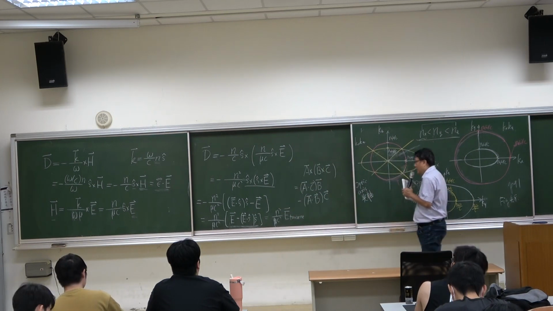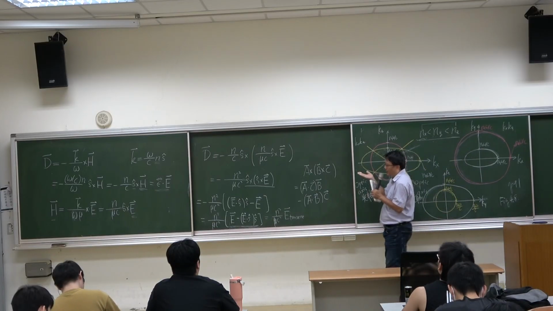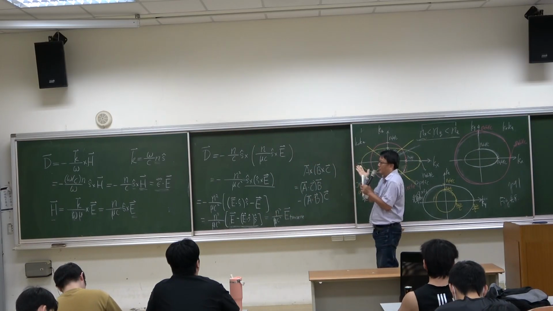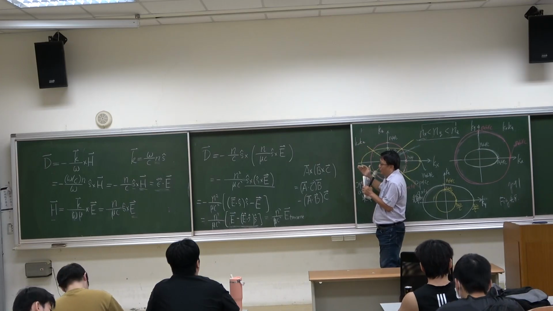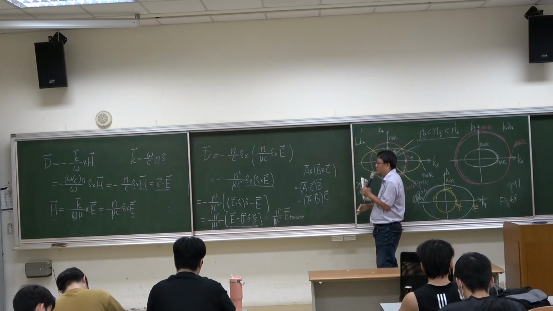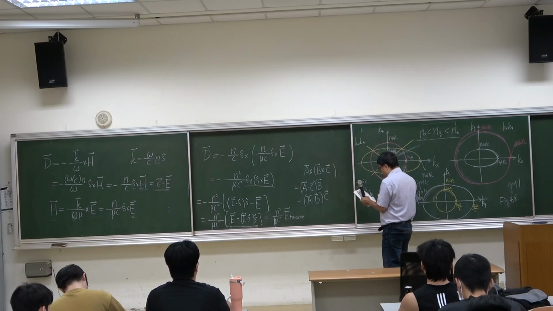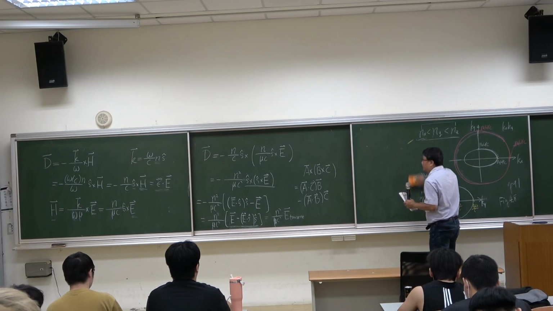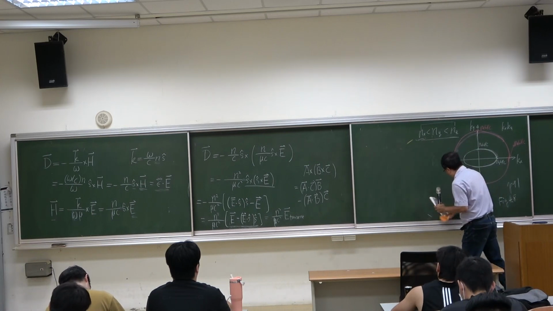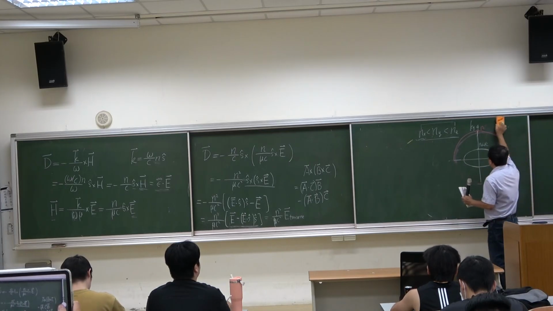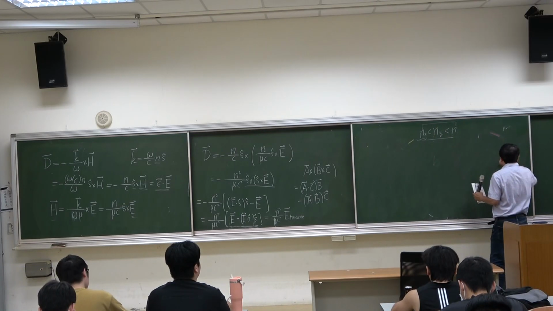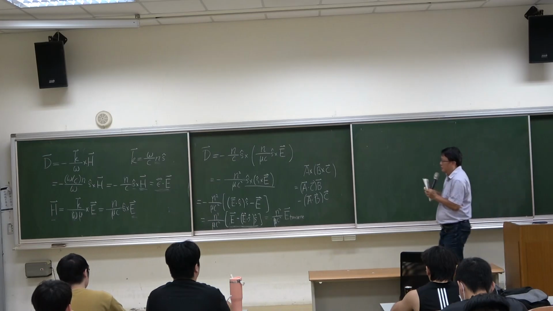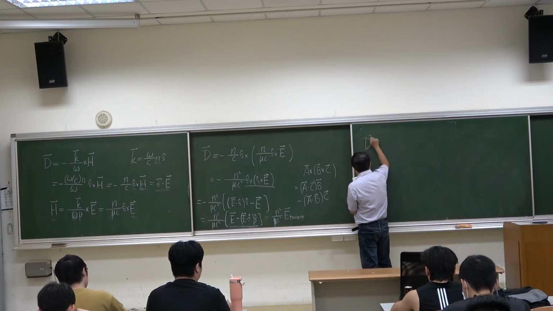Transverse 的意思就是它跟传播方向垂直。我们知道在 anisotropic 介质里面，E vector 一般来说并没有跟传播方向完全垂直，把投影在传播方向上那个分量扣掉之后，剩下的部分是垂直的。